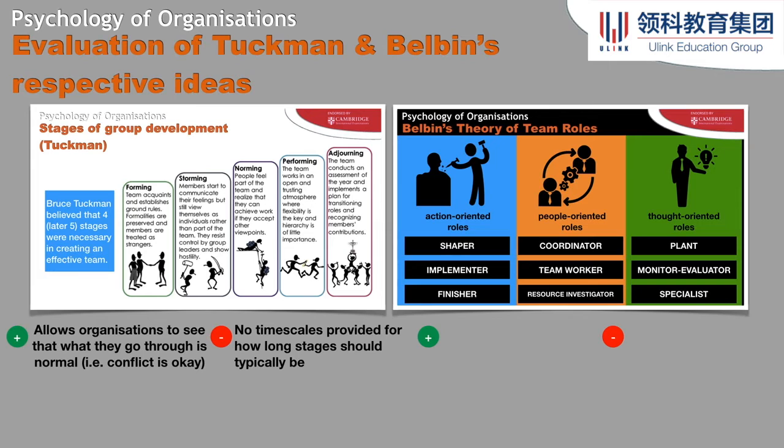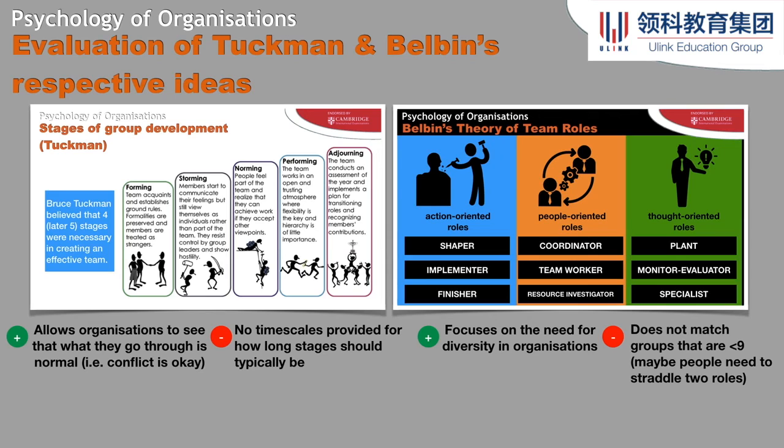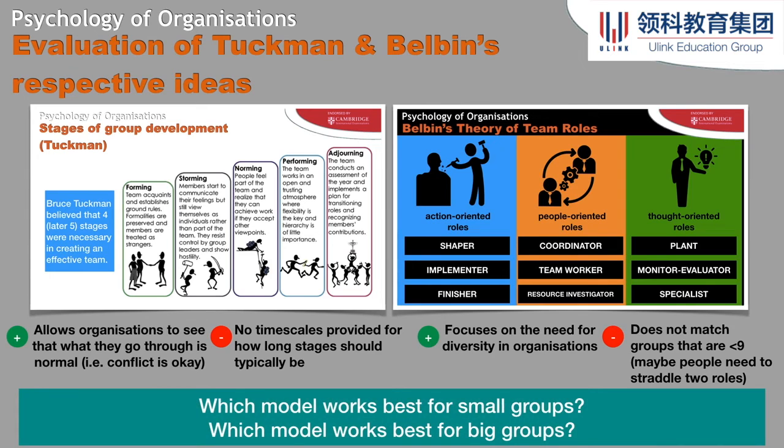As far as Belbin's 9 roles, one of the strengths is that it has diversity. It's not terribly limited in what it's looking at. There's room almost for every type of person. So it focuses on the need for diversity, and in modern thought, diversity itself is virtuous. And the negative is that what if you have organizations that are less than 9 people? Maybe there needs to be people who fulfill multiple roles. So an initial criticism may be, it doesn't seem to work for smaller groups, but we'll talk later about how that might not be true. Actually, we'll talk about it right now.